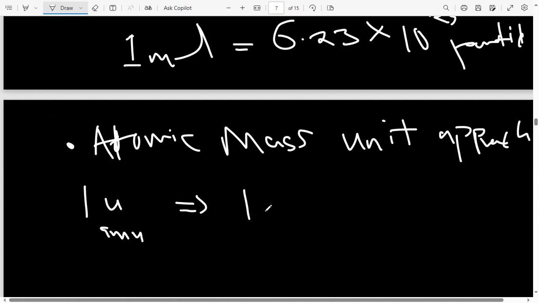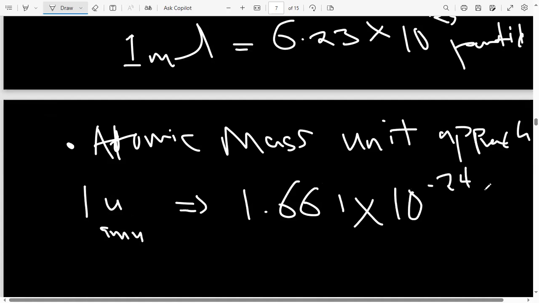It has the mass of 1.661 multiplied by 10 to the power minus 24 grams. Okay, so you have to know this relationship here. One atomic mass unit has this mass, okay? And then the second relationship that you have to know is that